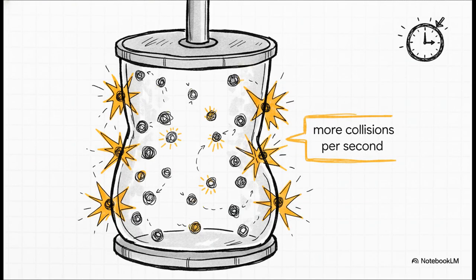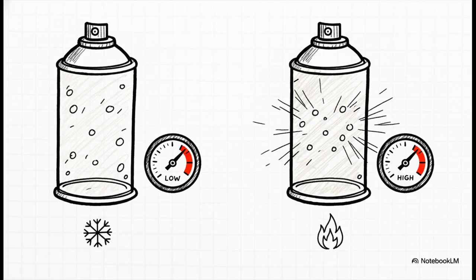And the logic here is just so cool. Think about it. You shrink the container. Those little molecules are still zipping around at the same speed, but now they have way less room to move. They're going to hit a wall much, much more often. More collisions per second means, you guessed it, higher pressure. See, it just makes sense. Okay, let's try another one. Gay-Lussac's law. This one says if you heat up a gas in a sealed rigid container, its pressure is going to go up.